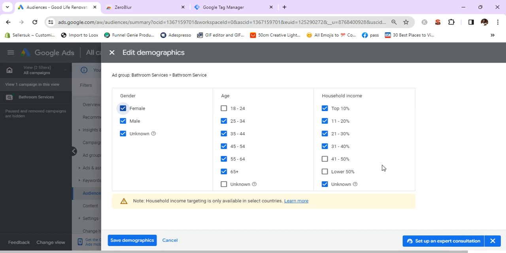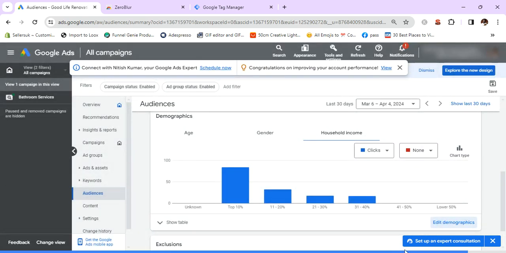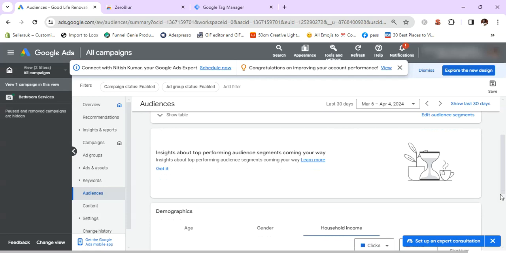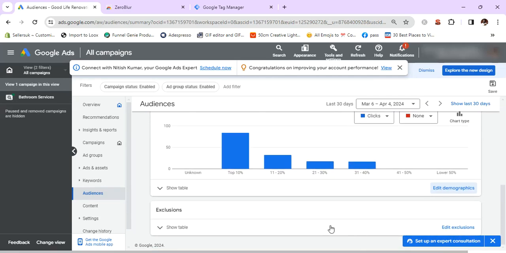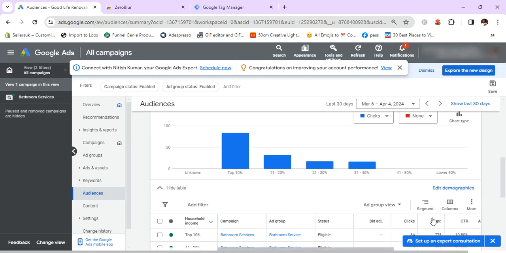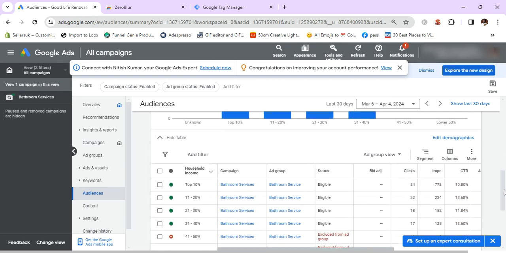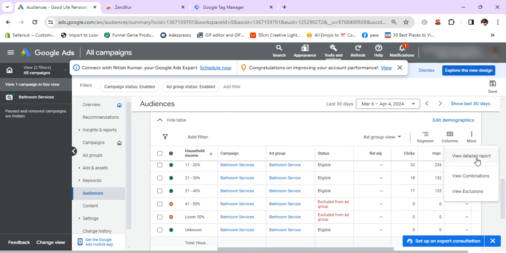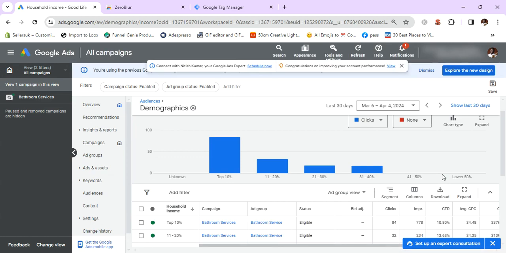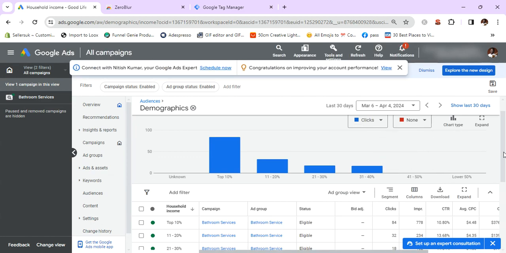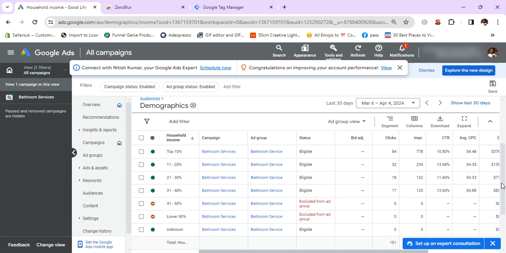And having done that, I'll be saving the demographics. So further I can also show this table to see what I have done, right? And I can view the detailed report. Here I can further optimize this